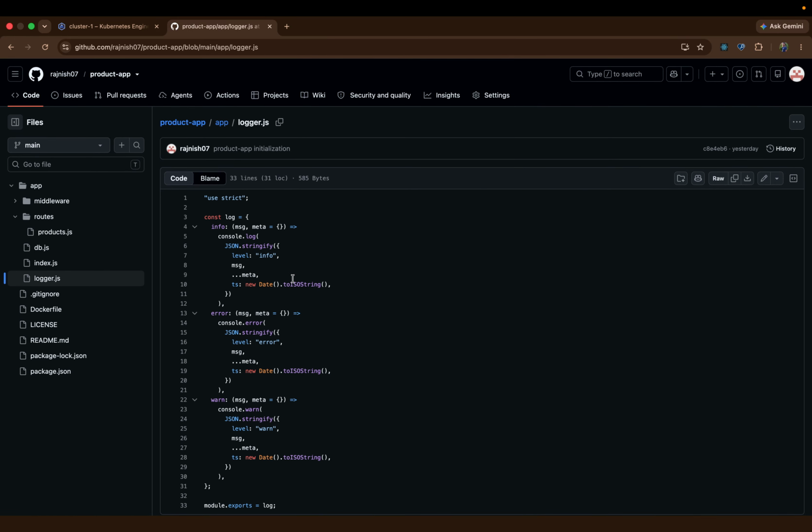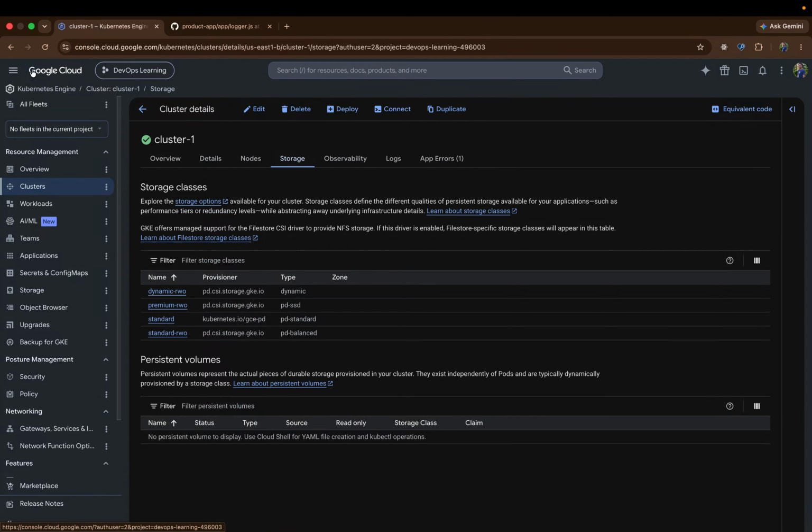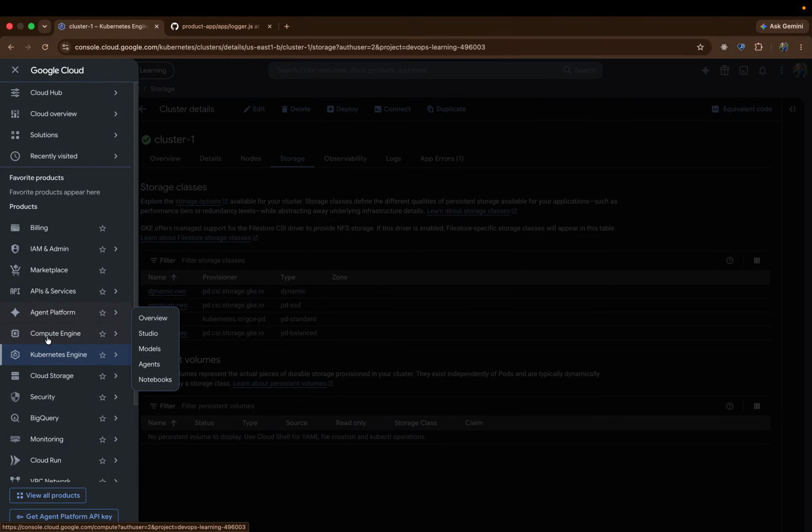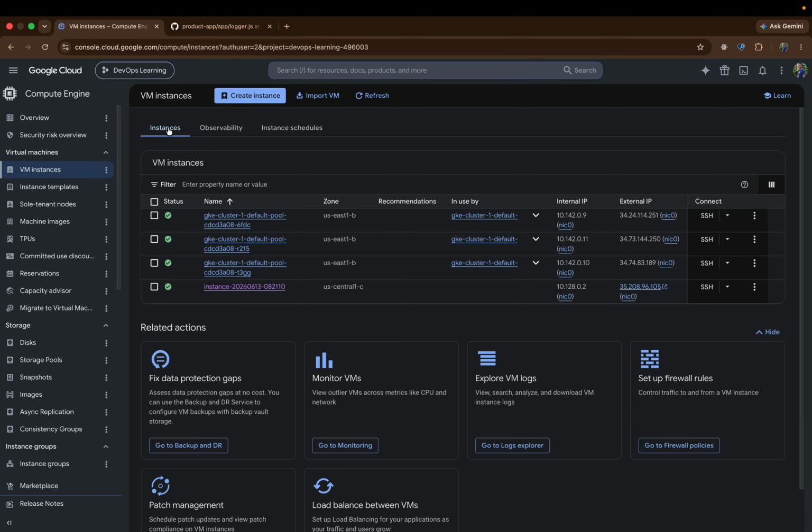Let's do one thing. On my current machine, I do not have Docker set up. So what I'll do is I'll go back here, then to compute, where I have a VM instance running. This is my instance. I think these are the nodes which I just created. So I'll connect to this through this switch,